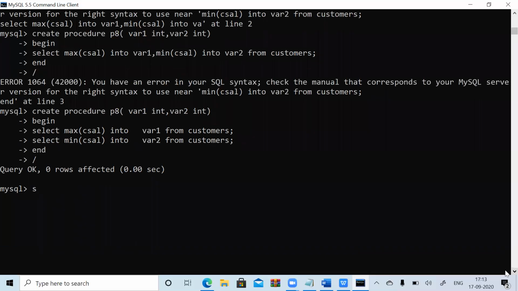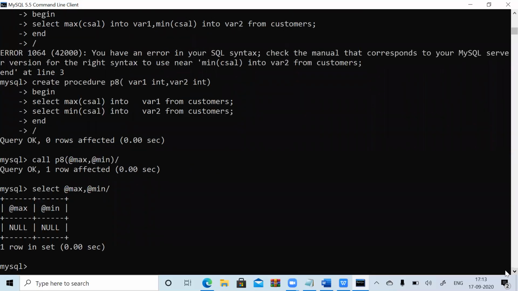Now do check your outputs. Now how to call your procedure, call P8. Now use some dummy variables, one for max and another one for minimum. Use max and use minimum. Again call, select at the rate some formal variable, temporary variable. You can take any variable here, comma at the rate min. Try to check. Is it possible to check like this? It's not right now. Try to check.